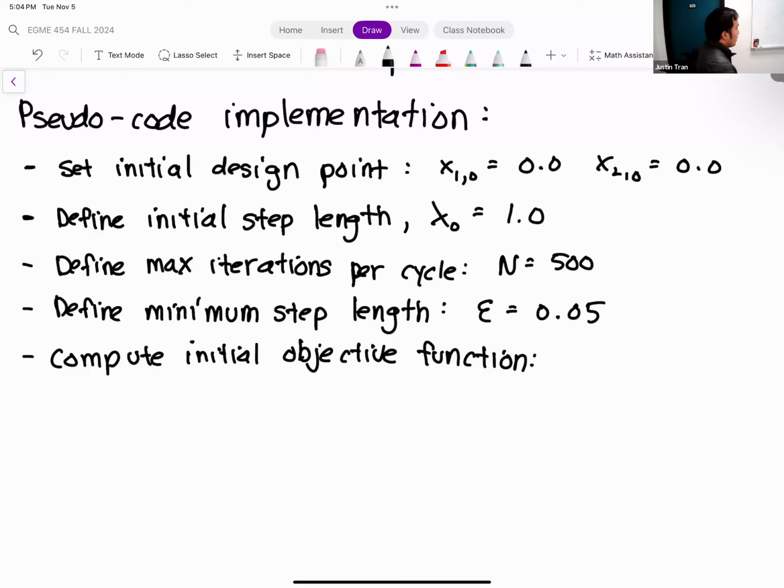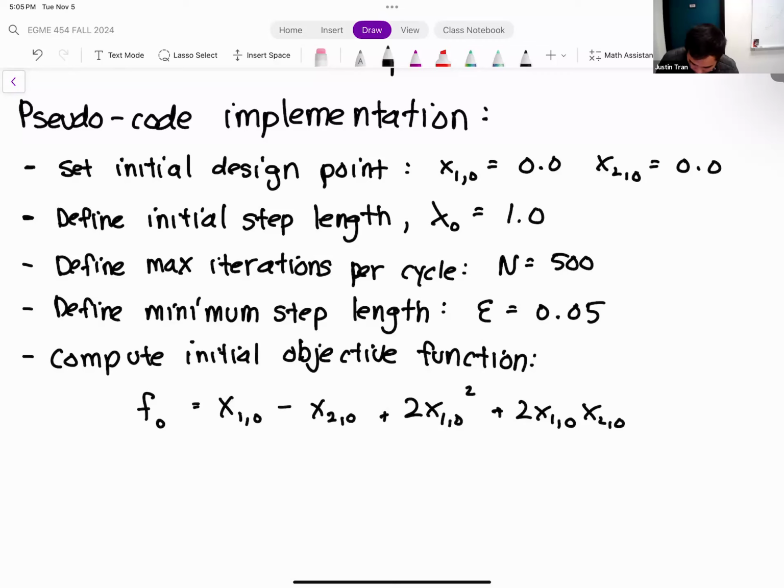Okay, so the next line that we did was we computed our initial objective function. Whenever you can put in formulas here, that's always helpful. So for our initial objective function, we have x1 naught minus x2 naught plus 2x1 naught squared plus 2x1 naught x2 naught plus x2 naught squared.